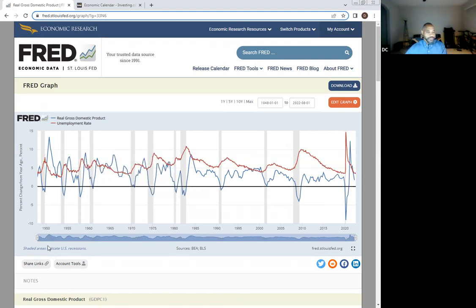And if you've been looking at the news recently, what you probably heard is the Fed has enough ammunition to go full steam with its continued plan to increase interest rates into next year. Why would people think that? Well, the answer lies in the relationship between unemployment and the real gross domestic product. And if we look here,